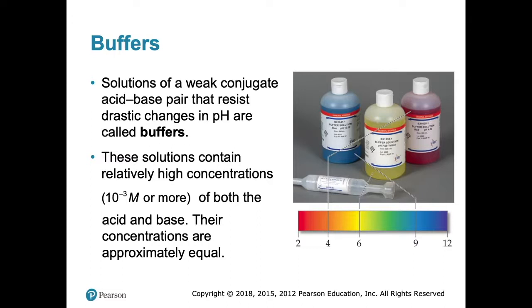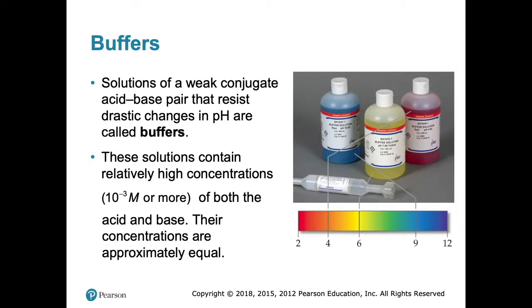What you actually see in this picture here are buffer standards. We use these a lot in chemistry. If you've ever used a pH meter before, like a pH pen, and you stick it in there, it tells you what the pH is. For those things to know what pH is what number, you have to actually use these. Usually it's pH 4, 7, and 10. I can't really read it, but those are the normal ones.